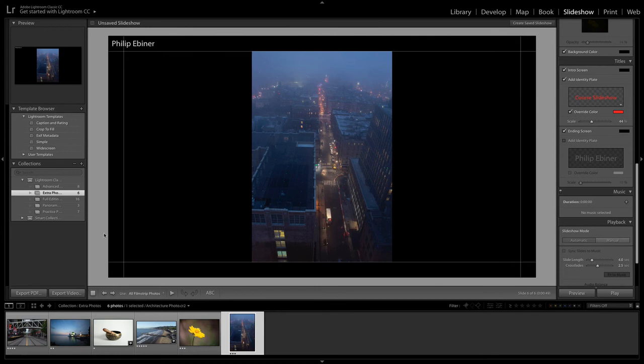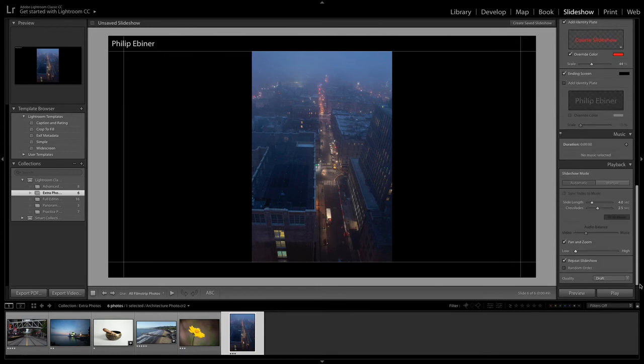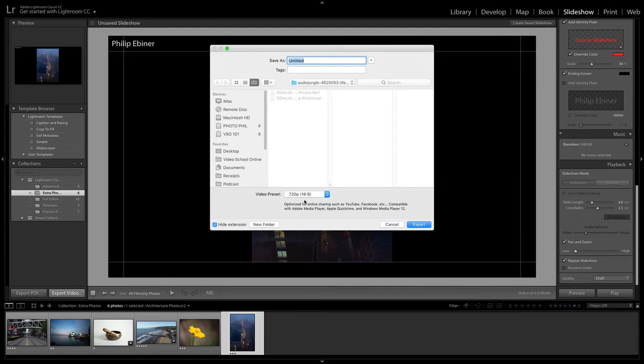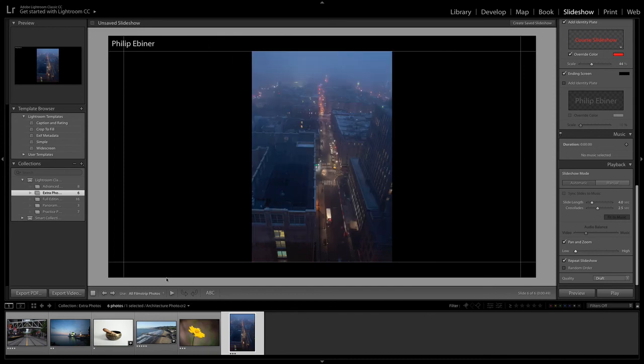If you want to save it as a video where you can upload it online, share it, export as a video that will be played on some sort of screen, just click the export video button. And now you can choose the quality. So 1080p would be the highest sort of full HD quality, or you can choose a lower quality, which will save space in terms of file space, but I would always err on the side of choosing the highest quality, and then just click export, and then we'll save it as that MP4 file.